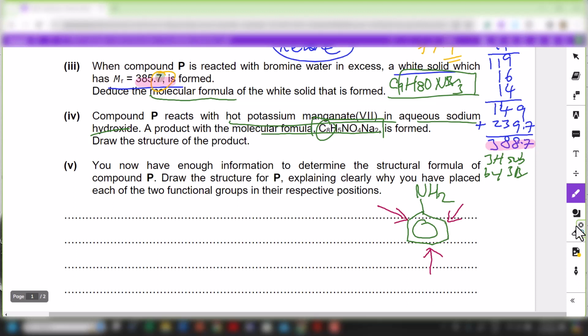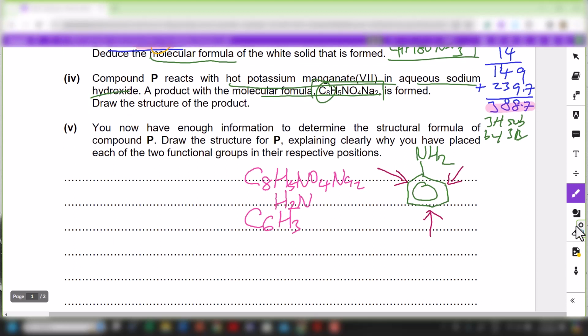Okay, so if we look at this particular information, what's going to happen is that I'm just going to subtract this NH2 away from what I'm given here. So I have C8H5NO4Na2, right? Okay, so I'm going to subtract NH2, 6 carbon from the benzene ring, C6, and then of course these 3 positions will be H3, because they contain H. Okay, after I subtract them off, you realize that you're left with 2 carbon, 0 hydrogen, 0 nitrogen, 4 oxygen,